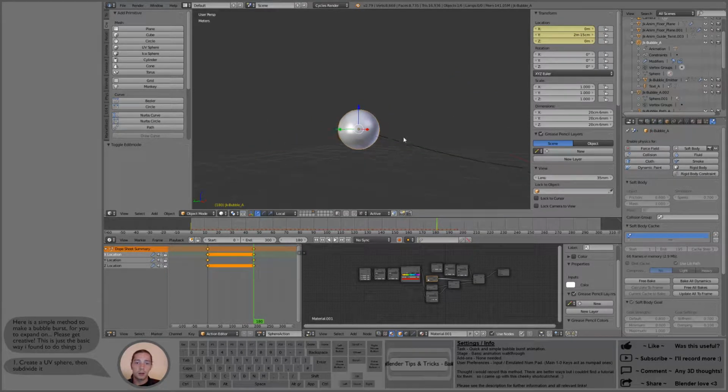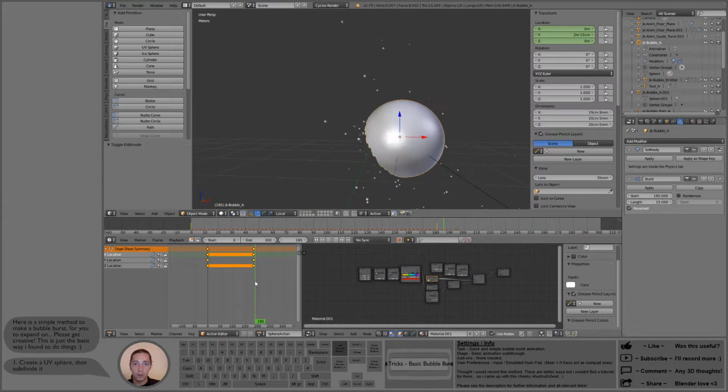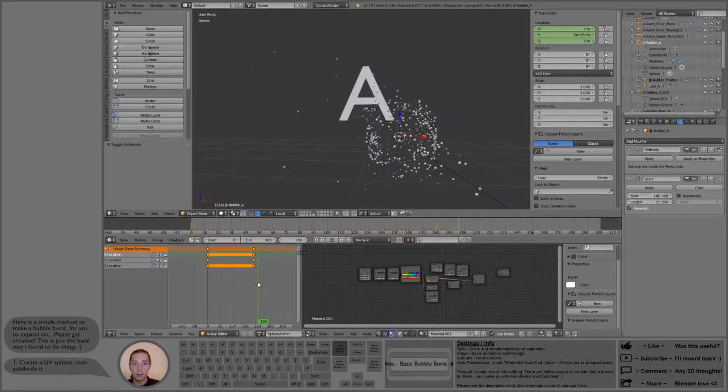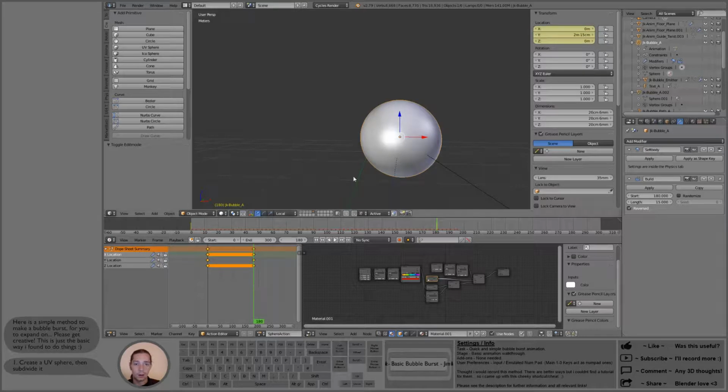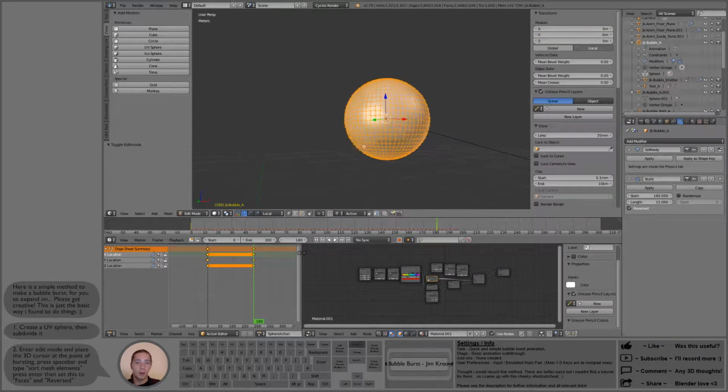Now there's two parts to this. First of all, there is a build modifier on this main bubble which removes the bubble in a specific order. To do that, it's really quite simple. It's just a matter of coming into edit mode,